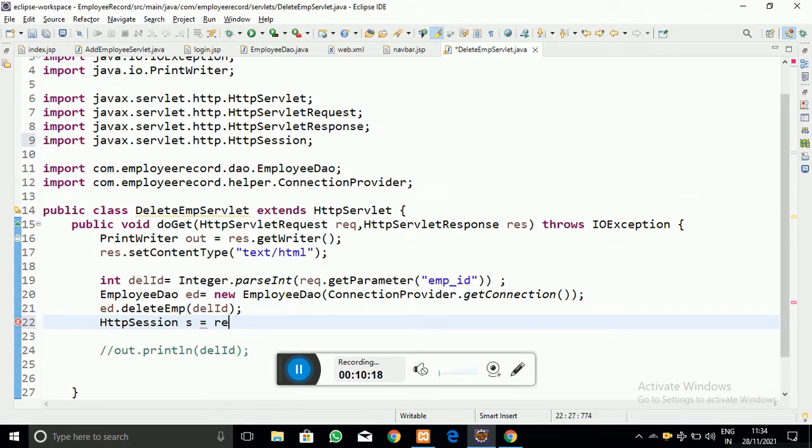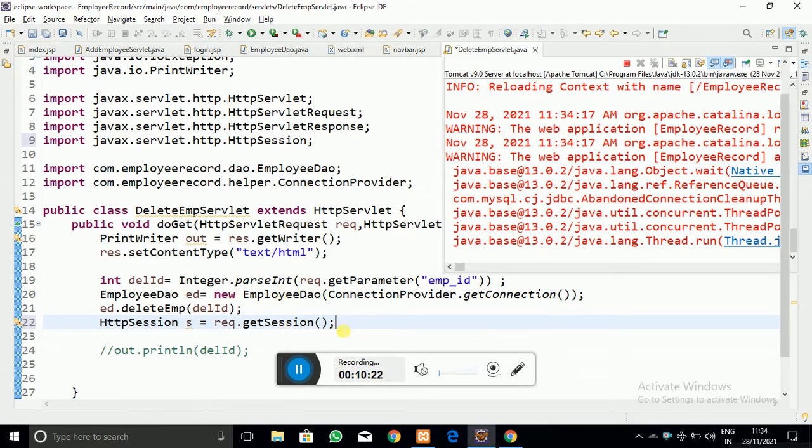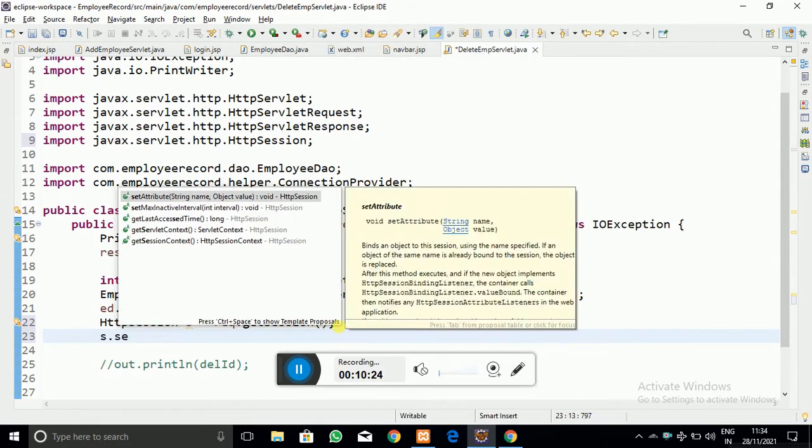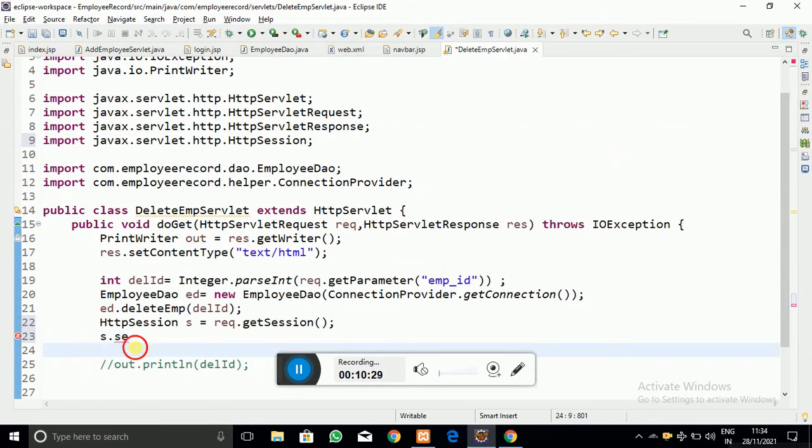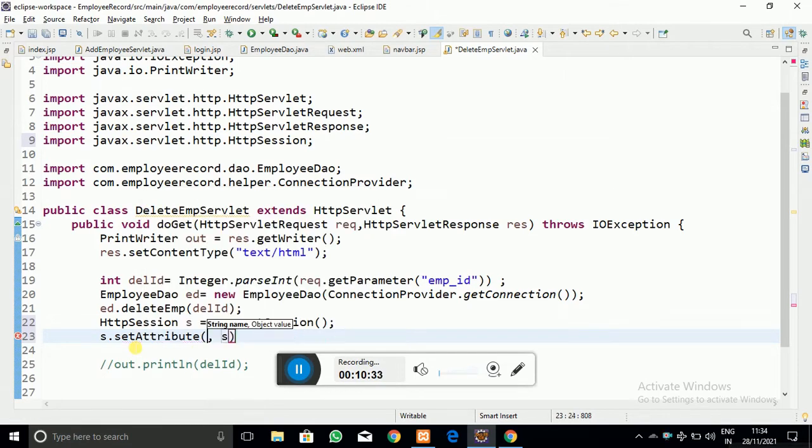In a similar way, I created the HttpSession, session equal to request.getSession. Into the session I have to set the attribute to get a message, as we have created.